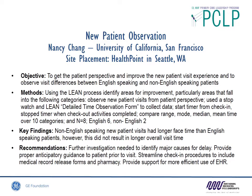The total number of subjects observed was 8. 6 of these patients spoke English at their visit and 2 used an interpreter. The timer started at the moment of check-in and stopped the moment checkout activities were completed. The range, mode, median, and mean time were obtained on 10 categories. These categories included check-in procedures, wait time, time with medical assistants, time with providers, time in the lab, and time